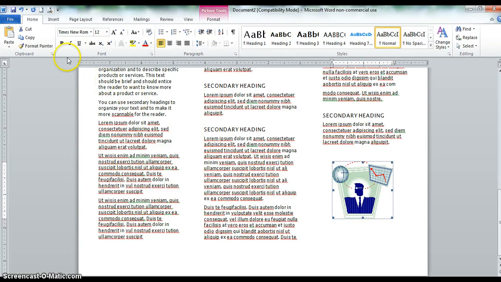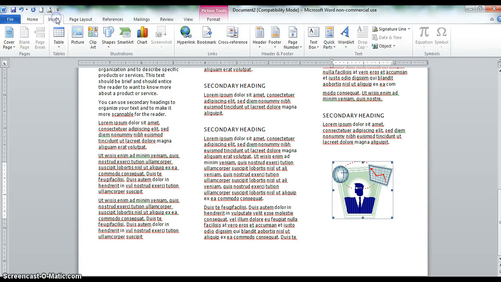All right, so since you're in Microsoft Word, you can put in clip art, and you don't have to cite where you got that clip art from. If you decide to get pictures from the internet, you will need to cite your sources. Your text should also be cited, and we've talked a lot about citing. We've talked about plagiarism, so be really careful. Let's say we want to put in clip art,